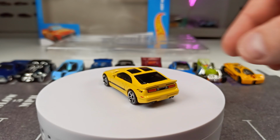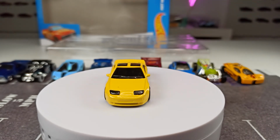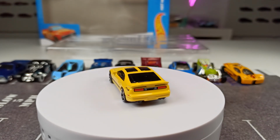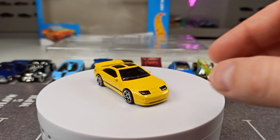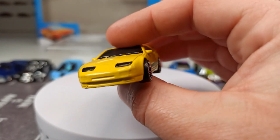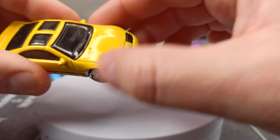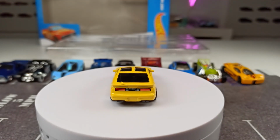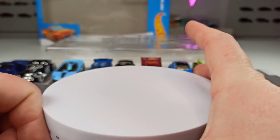And then we got the exclusive. This is the Nissan 300 ZX TT, okay. I guess this is the car that shares its headlights with the Lamborghini Diablo, which is always a funny story if you are not too familiar with automobile stuff. Well, yeah, I'm not too much into this car, to be honest. I think it's got a lot of paint on it if you take a look at the front. So the details do get lost a little bit. And what is that? A little paint chip also here on the hood. So this is the exclusive. Yeah, I think it does look okay. So let's put the rotator to the side